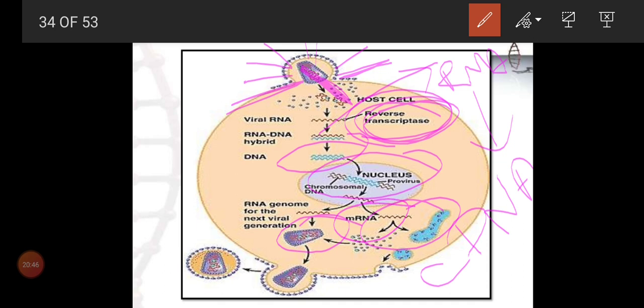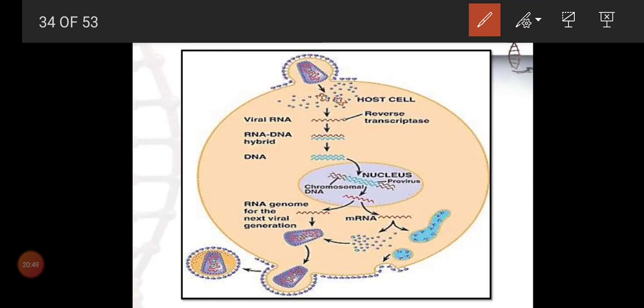First the nucleic acid will be formed. This is the nucleic acid. Afterwards only we can see the formation of the protein coat. Afterwards, this viral DNA will escape from the host cell. Here again there are two paths, lytic and lysogenic. Sometimes the host cell will die and afterwards the viral DNA will come out, and sometimes the host won't die. Through micropores, tiny pores, the viral particles will come out. So this is the example of a retrovirus in animals.